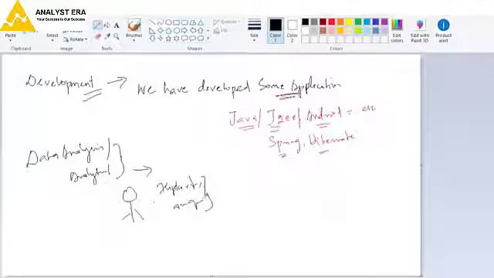These applications can be used by multiple end users. The end user can search for some product or use some product.